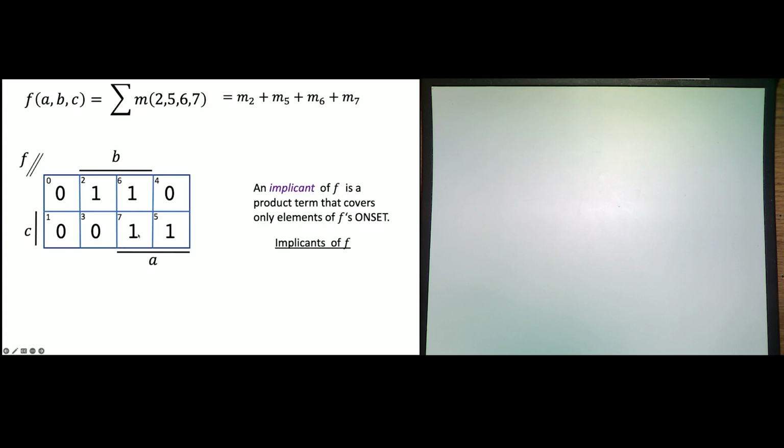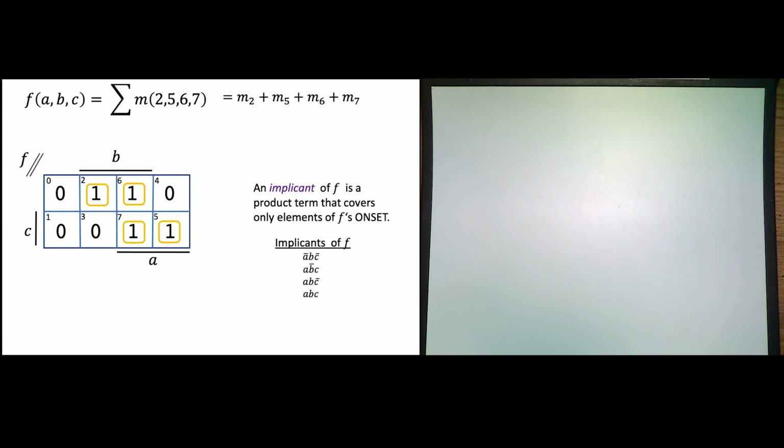Now, I want to identify rectangles or combinations of inputs that are next to each other for which my function is 1. So individual cells or minterms are places where my function is 1. All right, so these are implicants. They're product terms that are 1 when my function needs to be 1.